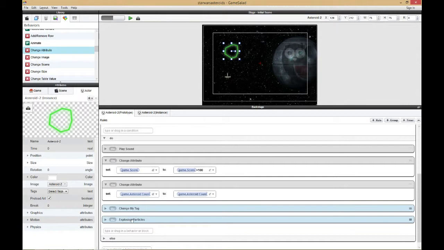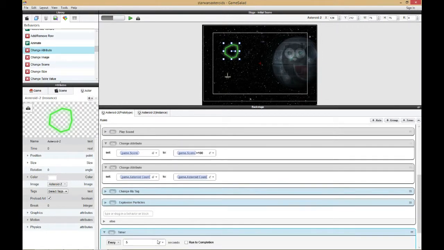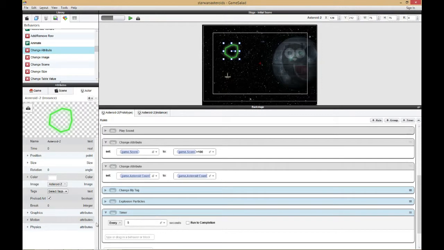Now what we want to do is, after change my tag and explosion particles, add a timer after explosion particles. So here in the right hand side, let's add timer. We're going to put that inside with the rest of that group, and after 3 seconds,